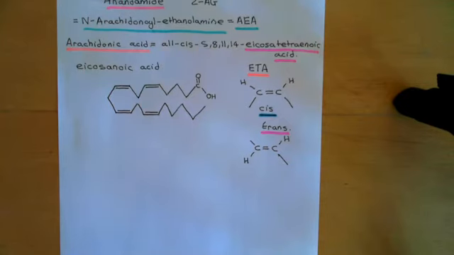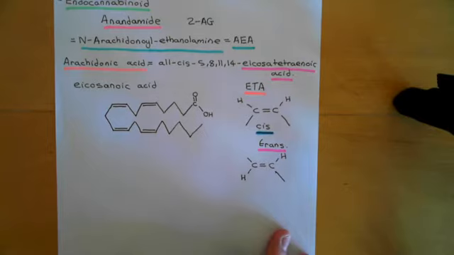That will be on the understanding that you realise that we mean that the double bonds are in these positions and they're in the cis isomers. Okay, right. So that's arachidonic acid. So now let's look at the structure of these 2 endocannabinoids. We're on our way to looking at the structure of anandamide. So anandamide is N-arachidonyl ethanolamine.